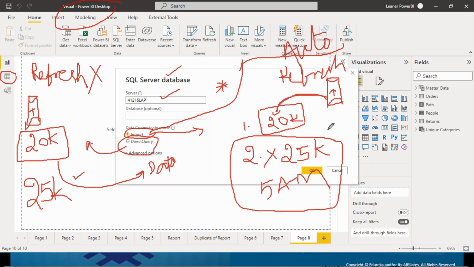Ah, pros and cons you're talking about. Yeah, pros and cons. Guys, oh my God. Don't connect to this 41216. It's my laptop, this server is in my local system. You don't get a connection to that. Sneha,